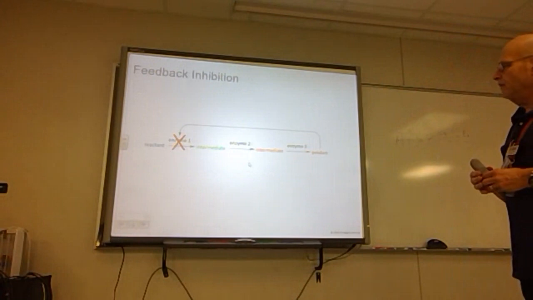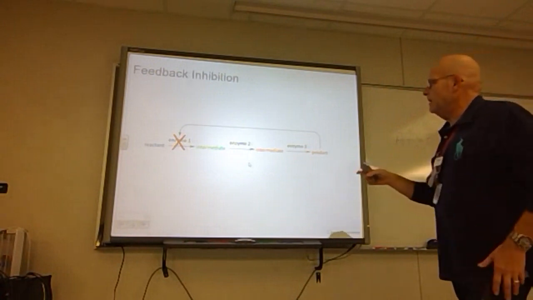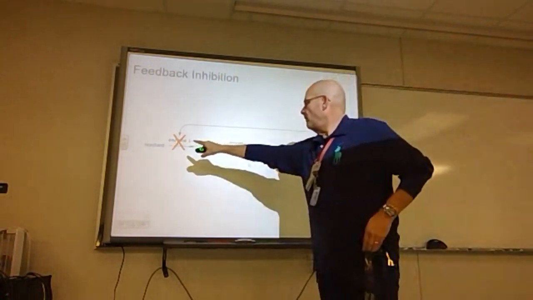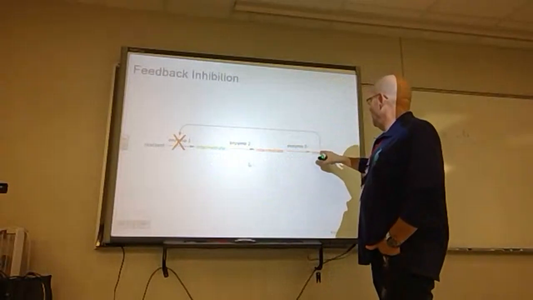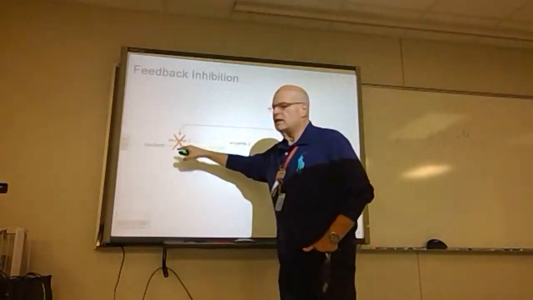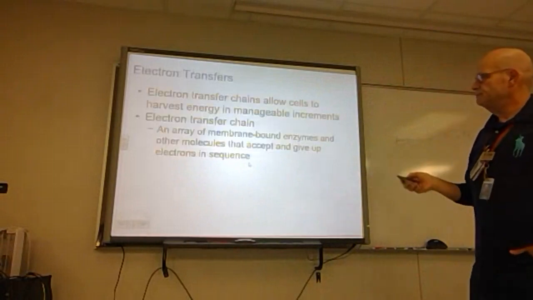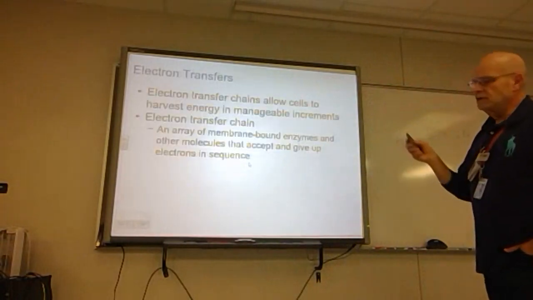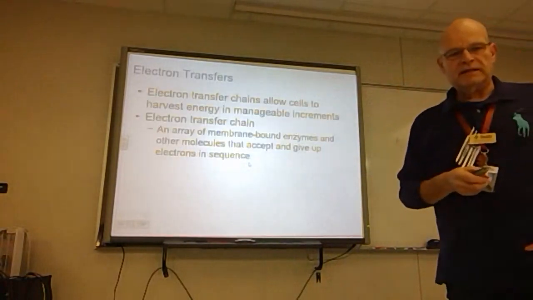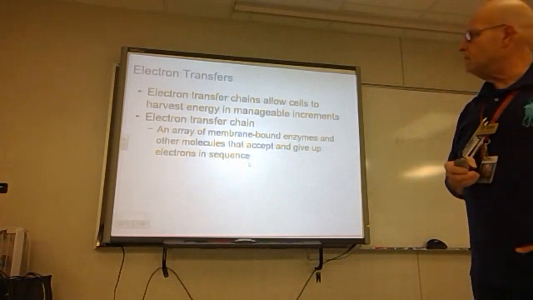And again, this would be a feedback inhibition, an example. Here's my reaction. We get enough of this product, and it comes back here and stops the reaction from happening. That is feedback inhibition. The electron transfer chain, we will talk more about this again when we talk about cellular